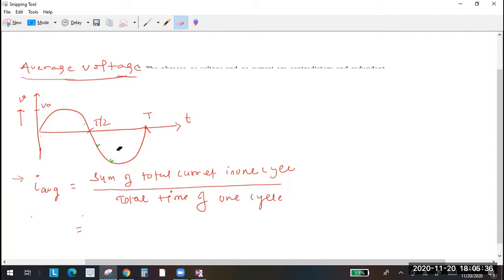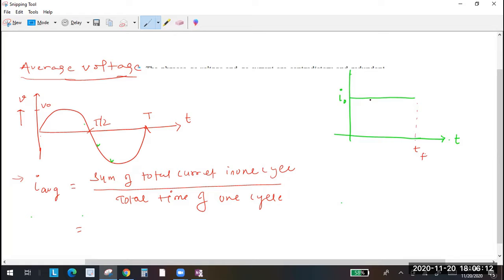Now, how to add all the values? See it very, very carefully. How to use integration? Let's suppose this is your function. Now see, let's suppose this is I naught. If this is the time axis, let's suppose this is t, and you want to calculate the value from here up to here, let's suppose t final. You want to calculate how much is the value of this area.